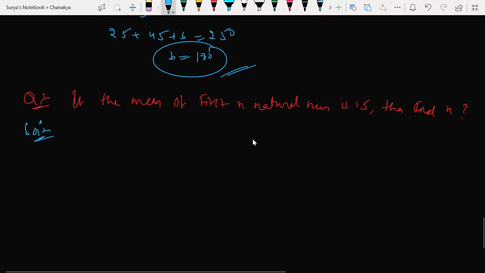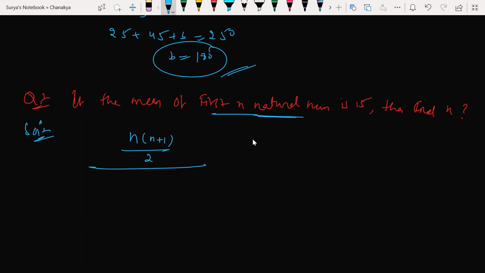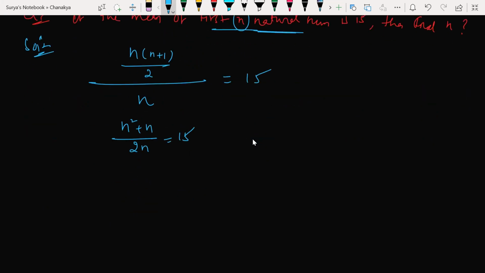Find the mean of n natural numbers. Just now I told you. What is the sum of n natural numbers formula? n into n plus 1 by 2. We are finding the mean. Total number n, so divided by n is equal to 15. Isn't it a simple thing? Isn't it, guys? n square plus n is equal to